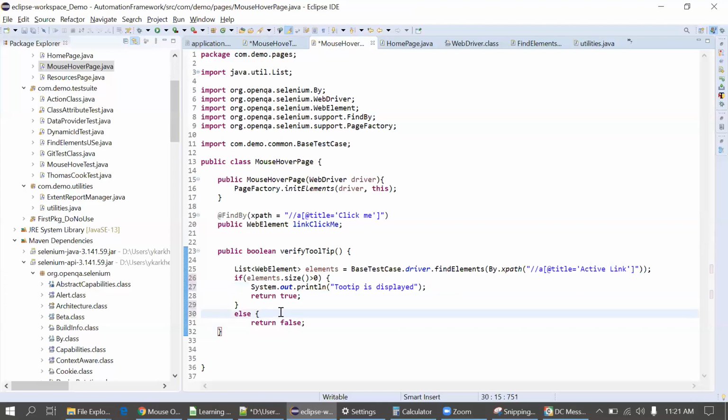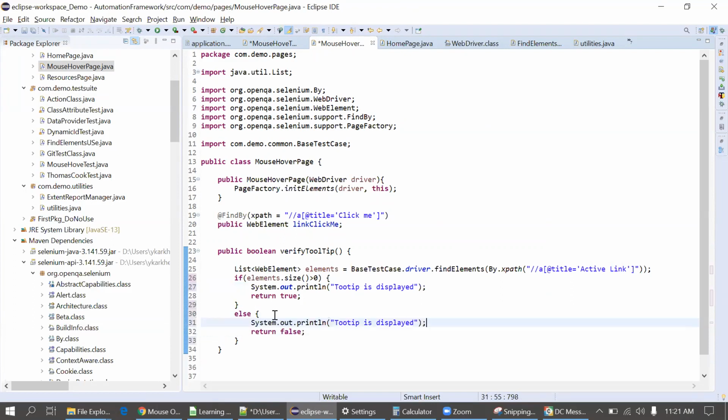Else, again there is multi-line code, so I'm putting the curly braces here as well. I'll put a sysout statement: fail to display tooltip. Okay, fine.